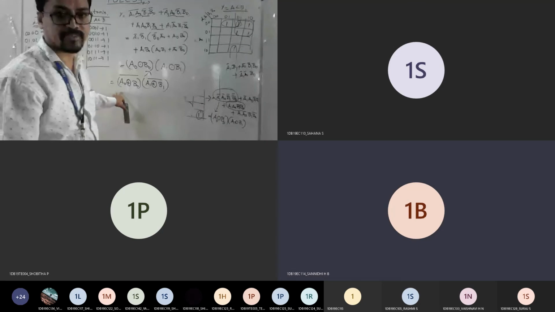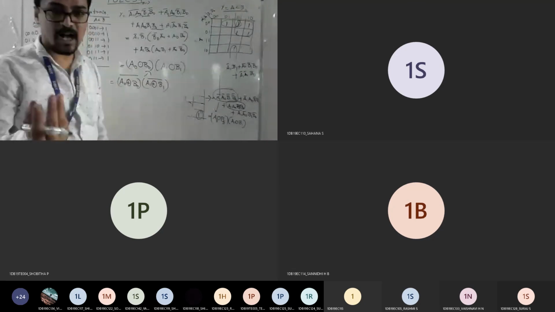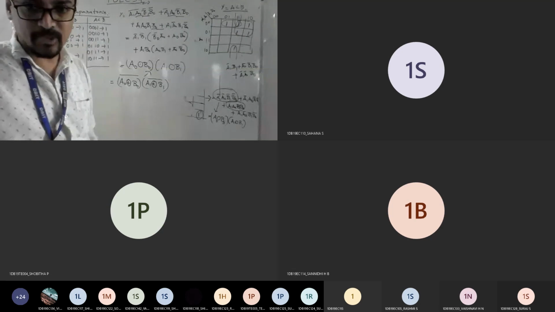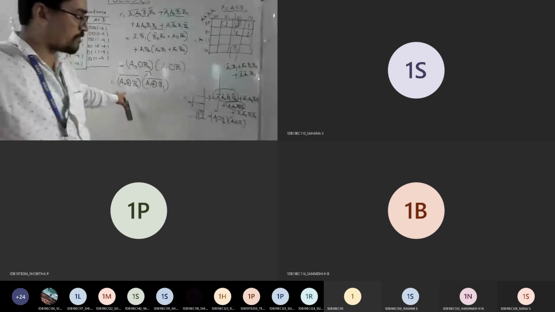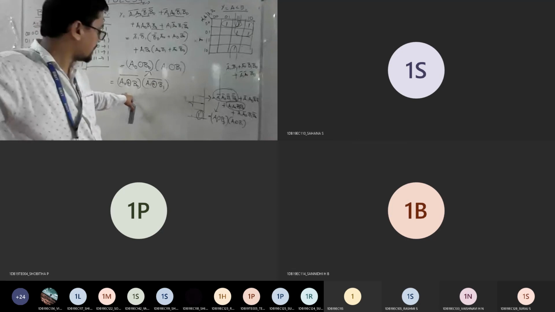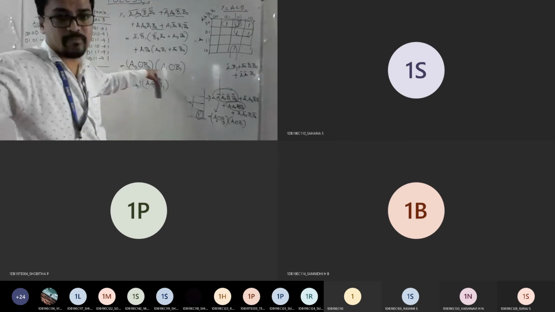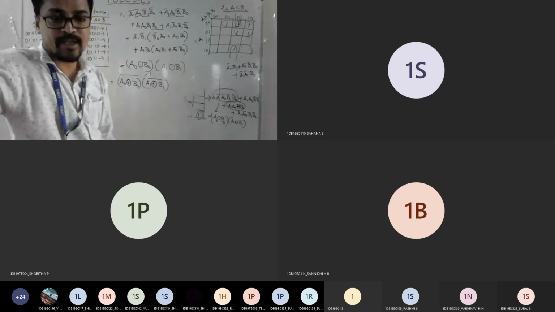See, sir, complement of XOR is nothing but XNOR only. That is what I wrote at the beginning itself. I just asked you to verify. For that you are struggling so much. So what your friend told is correct. So this is in terms of the XNOR gate. But again you want a complement, right? So if you want to overcome that, I can build this directly using your XNOR gate.